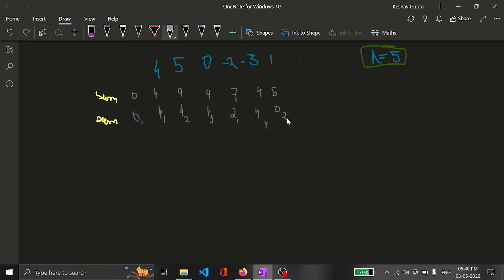Okay, so to count the number of subarrays, we will do this. I have explained the property in the beginning of the video. We can see that the sum here is 0, and the sum here again appears 0. So this subarray is also divisible by 5. We can see that. So the answer is the frequency of the previous element, which is 1.